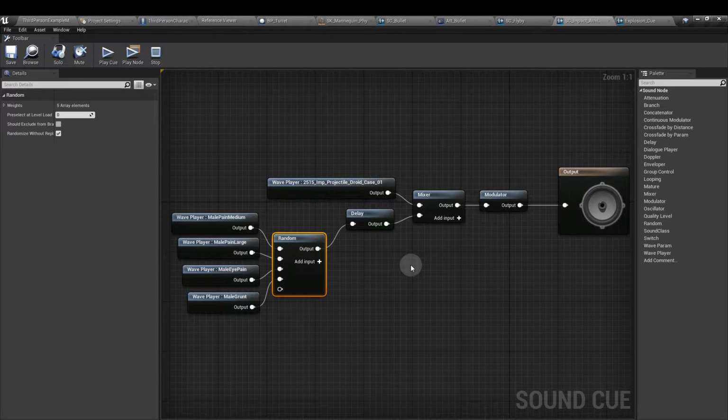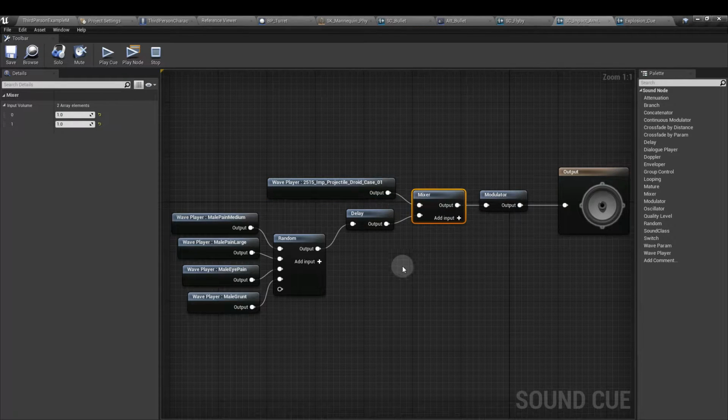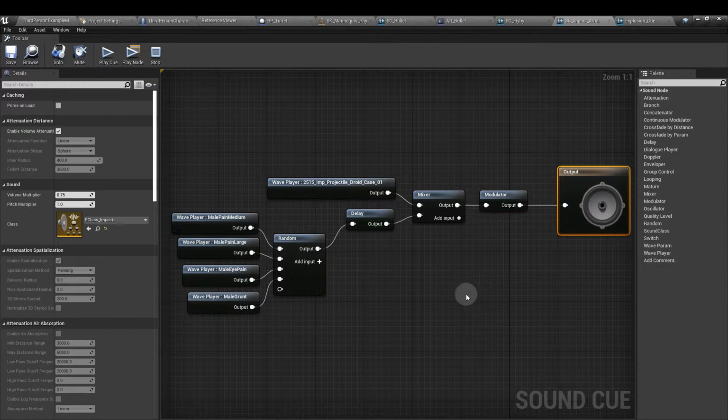Basically that means that we're not going to play a pain expression every single time, just add a little bit of variety. That goes into a delay node with a value of 0.1 to 0.25, so it's going to offset a little bit from the impact sound, which is here. Both of those sounds go into a mixer, default settings for those, then into a modulator node, again default settings for that, and that goes into the output. So the whole effect is